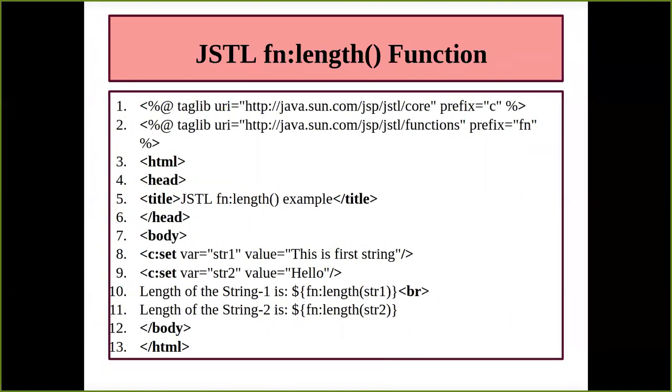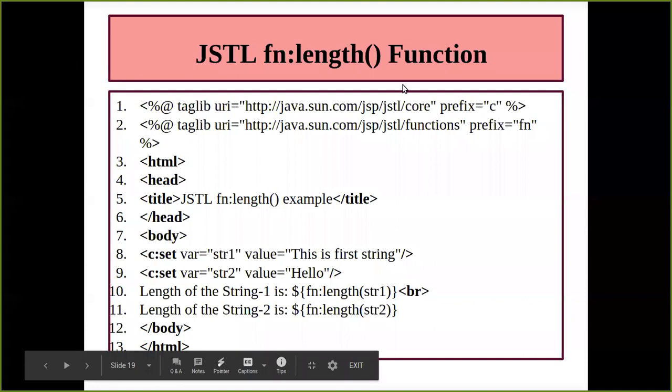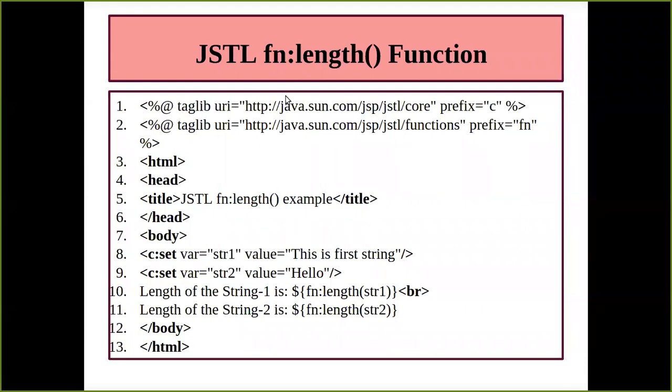Now we'll see the example. We'll start with the length function. As I told you, we are not going to do all the examples of all the tags, but some selective tags which are easy for you to understand, and which you can write in your answer paper. So we are going to have the fn colon length function. Why are we making use of the length function in terms of strings? Because we want to find out the length of a string value.